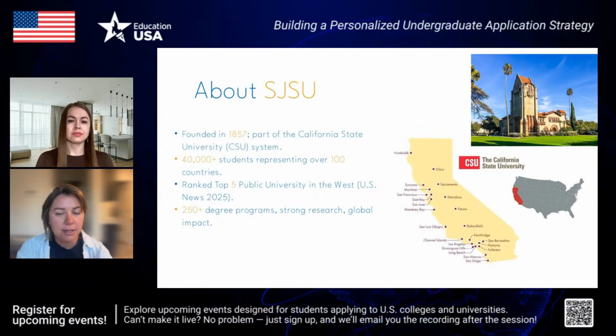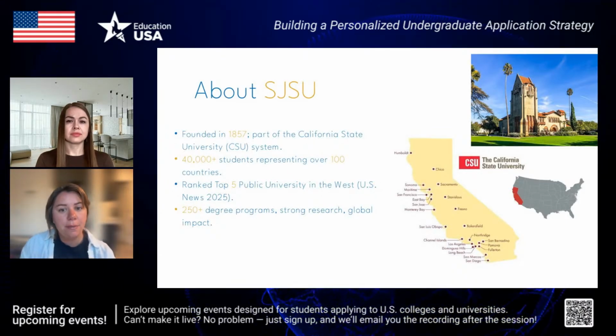Our campus in San Jose is actually the oldest campus, which was founded in 1857. And if you are unfamiliar with the location of California on the map of the United States here, you can see that we are the red state here on the West Coast. The West Coast is the best coast, apparently, in my opinion. And it's actually quite a long state. So it's more than 12 hours if you were to drive from the top to the bottom.